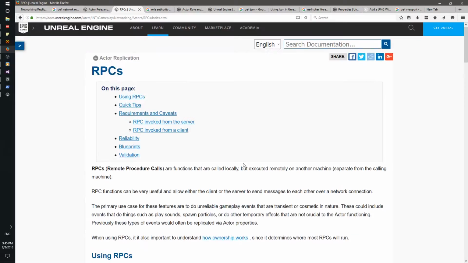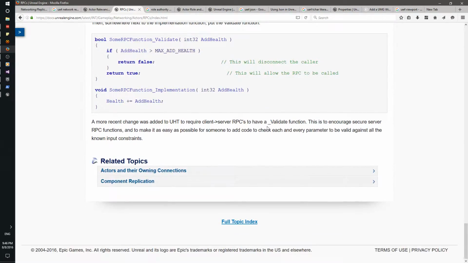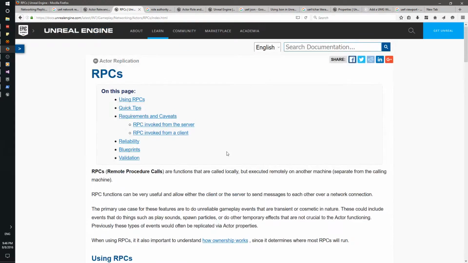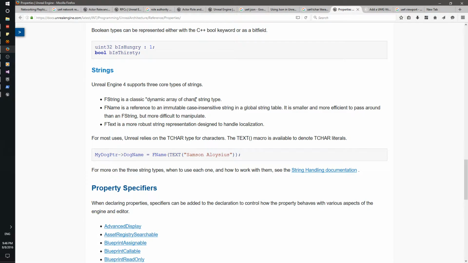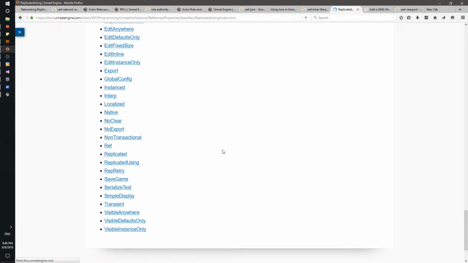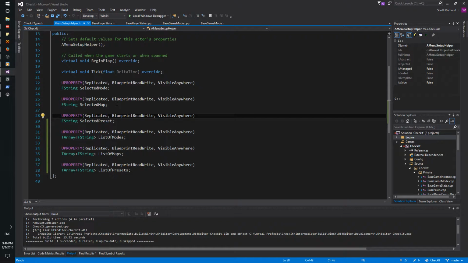So it's replicated using. Oh, this is RPC. Nope, that's not what I want. I want a replicated variable. Where's a replicated variable if there's a link to it? There we are, replicated using equals function name. There we are. Okay, so